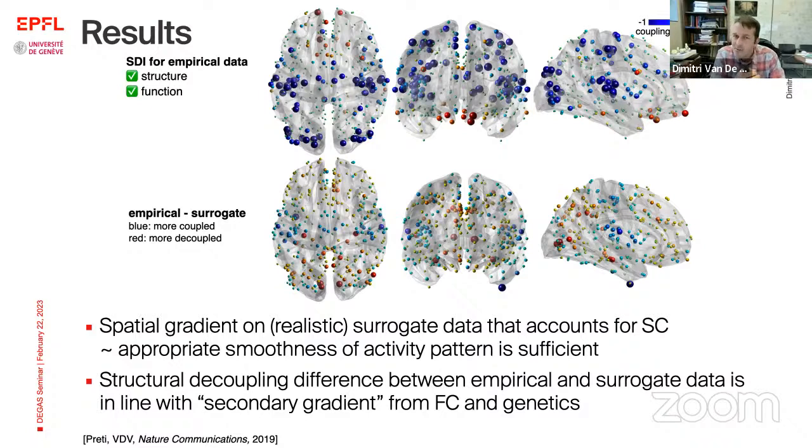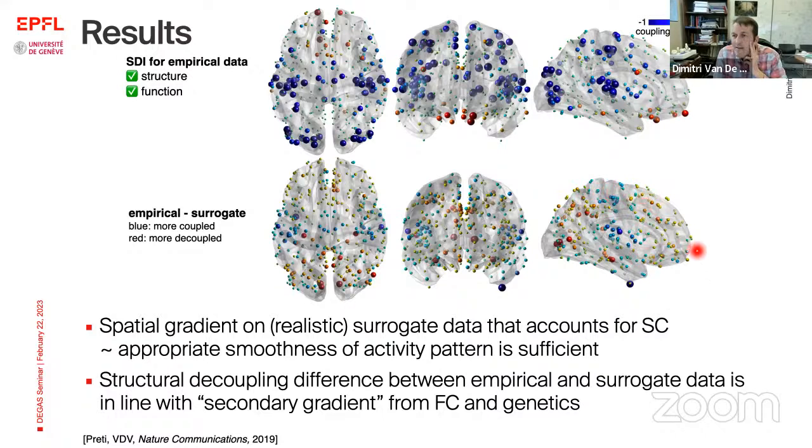So I think that's interesting because it means that there is a very strong influence from the structural connectome on this property, although it is further reinforced if we look at the true empirical data. And then, of course, we can do statistical testing. And here you just see the difference between the empirical SDI map and the surrogate SDI map. And you see that indeed there is more coupling, and this is statistically valid in the auditory and the somatomotor